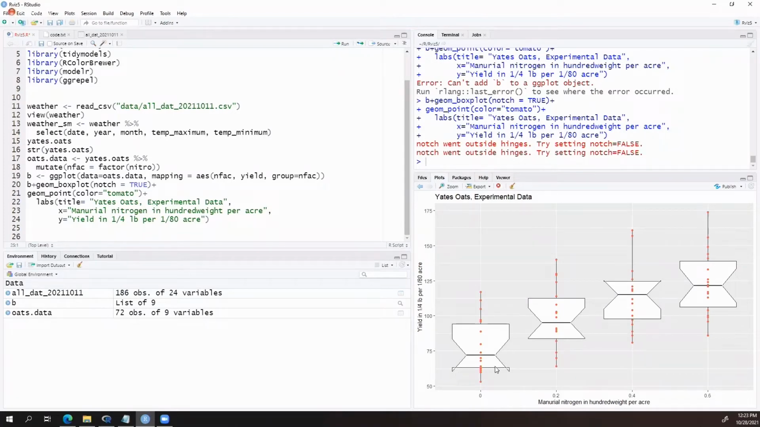And that is that for the 0 nitrogen, it says that the notch went outside the hinges, which just means it flips up here a little bit. That doesn't detract from the fact that it's still a useful plot. So we will leave it alone. All right, so the next thing we're going to do is go back